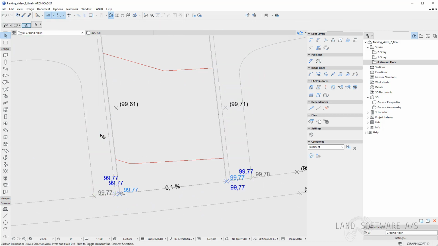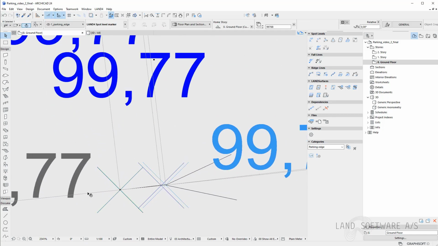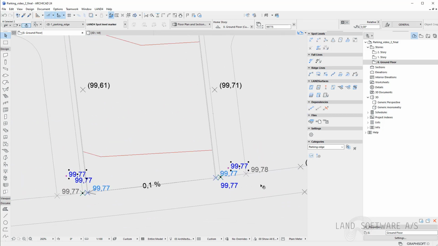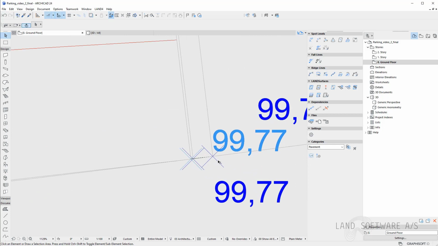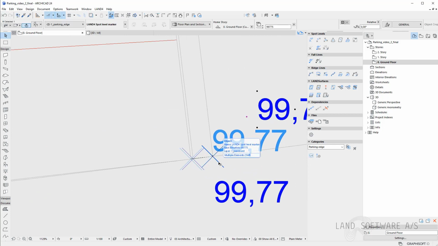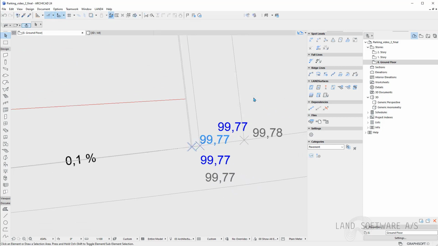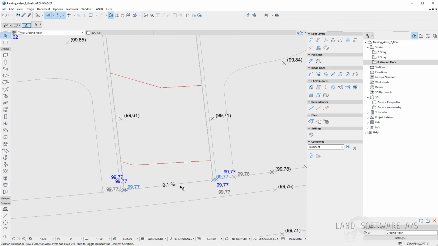So I can delete this again, and I want to use these two ones in my pavement category. So I'll use copy to category to pavement, and now the spot levels are copied. Using tab, I can jump from one to another, and if I move, for instance, the text for one of them, we can see that it has the same color. So we have the spot levels now present there.